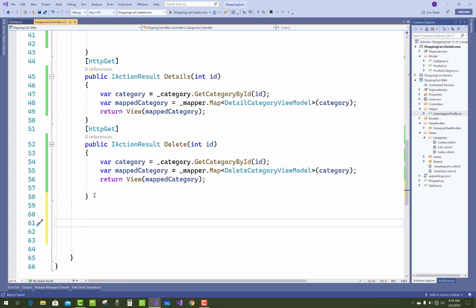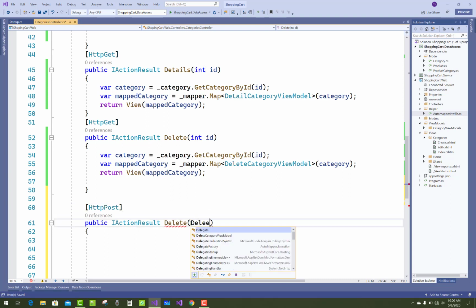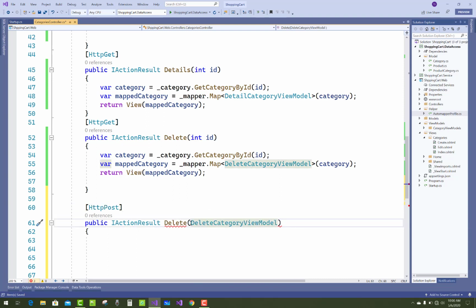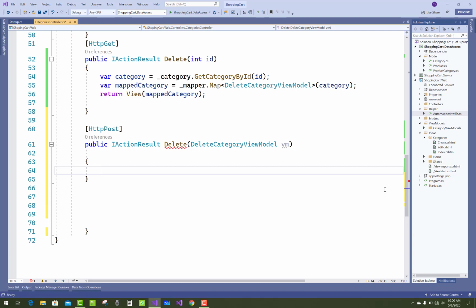Now after that you have to create the action methods for the HTTP get and HTTP post methods. So first of all use delete. So delete category view model VM, just call underscore category dot delete category. There is no need to add a new variable.